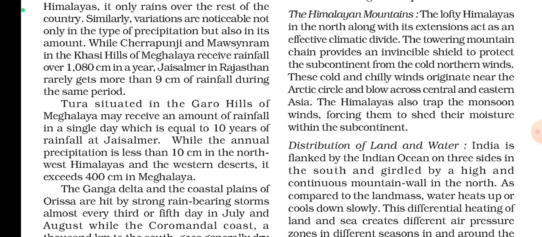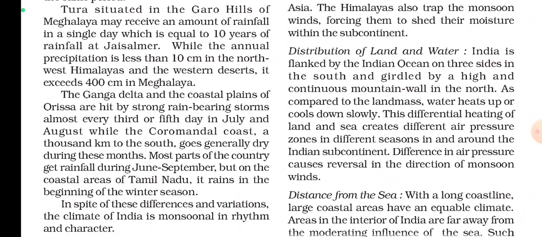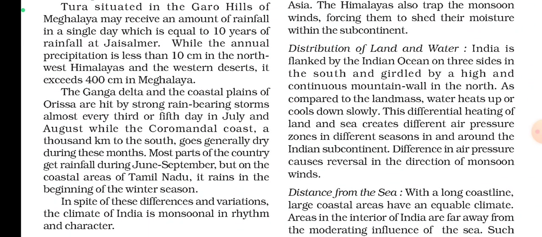Tura, situated in the Garo Hills of Meghalaya, may receive an amount of rainfall in a single day which is equal to 10 years of rainfall at Jaisalmer. While the annual precipitation is less than 10 cm in the northwest Himalayas and the western deserts, it exceeds 400 cm in Meghalaya. The Ganga Delta and the coastal plains of Odisha are hit by strong rain-bearing storms almost every